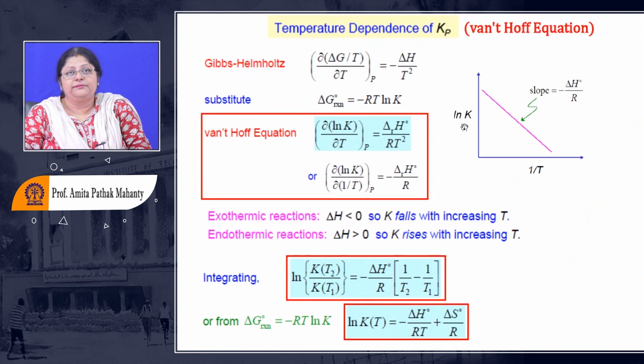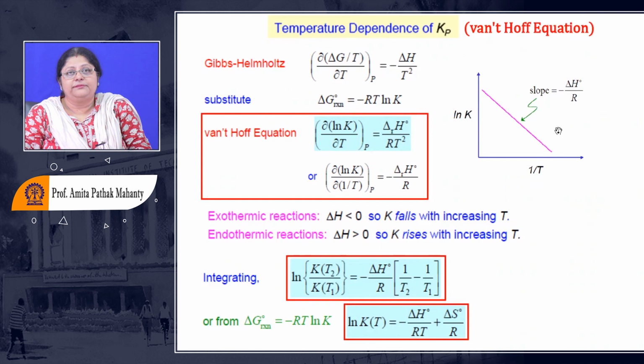You are asked to plot ln K versus 1 by T, and from this relation, if you remember, another form of the Gibbs-Helmholtz equation will have delta H by R with a negative sign. So when I am plotting ln K against 1 by T, the slope is going to be minus delta H by R. This is a numerical: experimentally we find the equilibrium constant, take the ln and plot it against 1 by T, and find the standard enthalpy change for that reaction